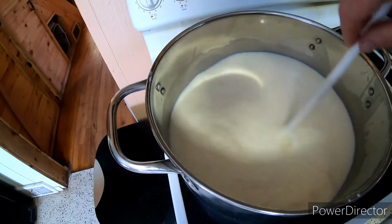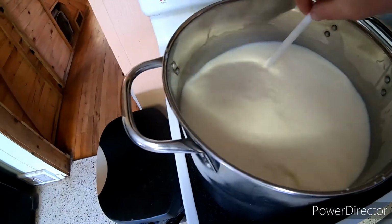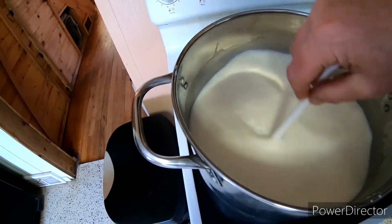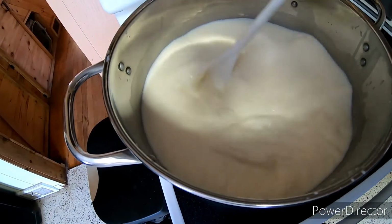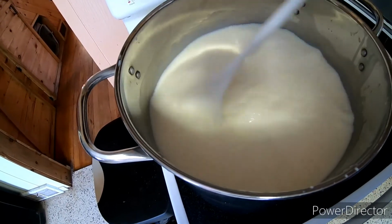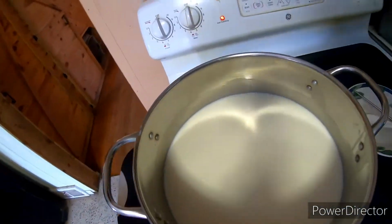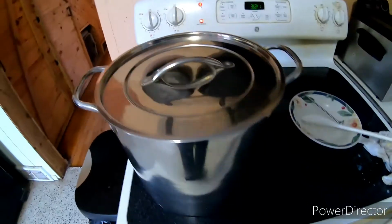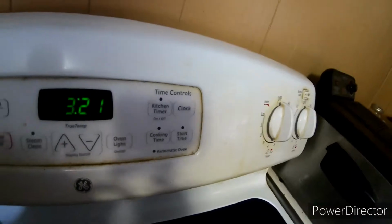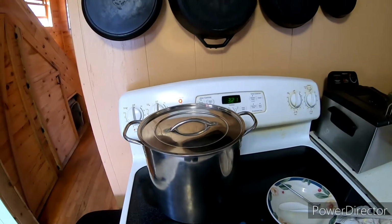So what we'll do is we'll stir this in. And that was a pretty good shot of starter. That stuff's been in the freezer a little while, since I haven't made cheese for a while, but it'll come to life and start working. So, put a lid on it. It's fairly warm here in the kitchen, so we don't really need to let it sit on a burner, so we'll let it sit behind there. And we will